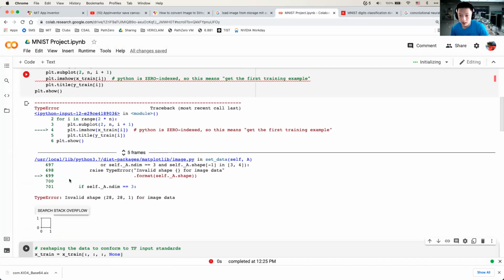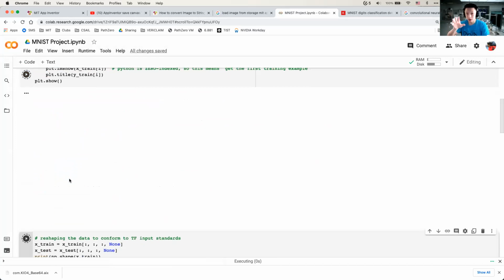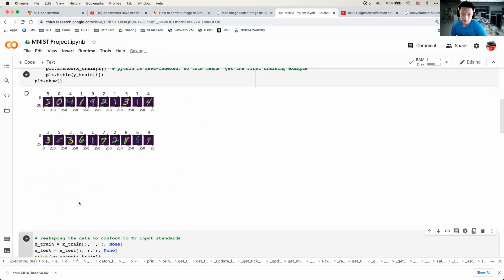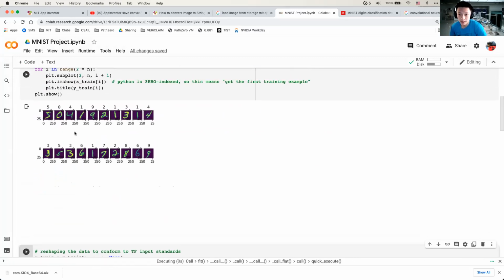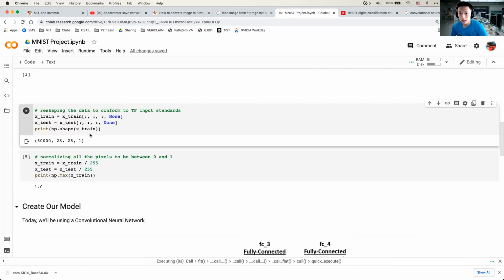We plotted it. We saw the pictures. They sort of corresponded to the labels pretty accurately. Now we have more examples. We have almost all the numbers, I think. So you can visualize the data set. Then we did some